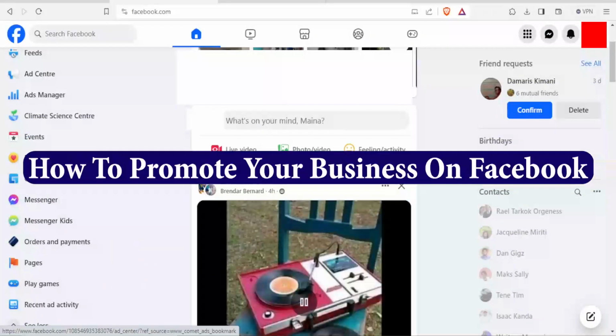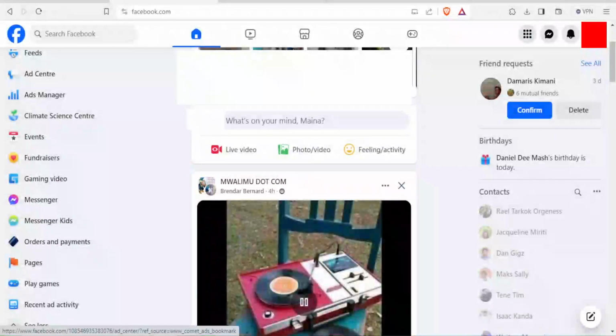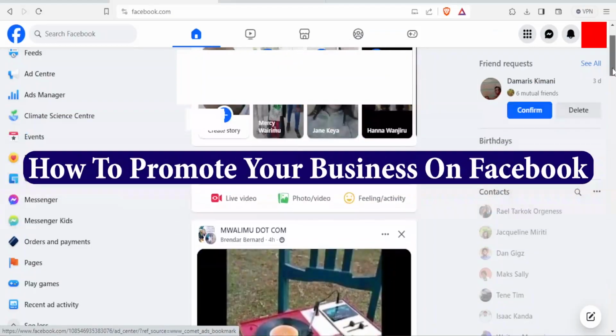How to promote your business on Facebook. Hello and welcome to this new and exciting tutorial where we are going to learn how to promote your business